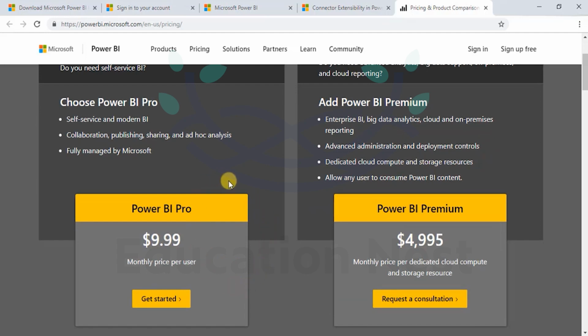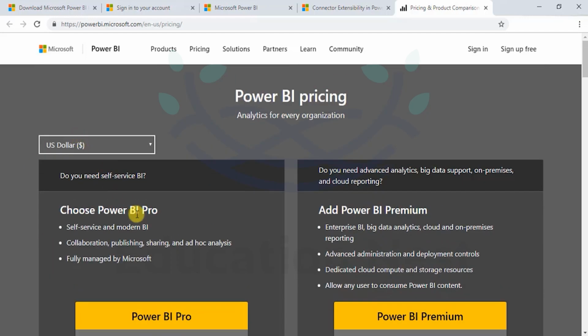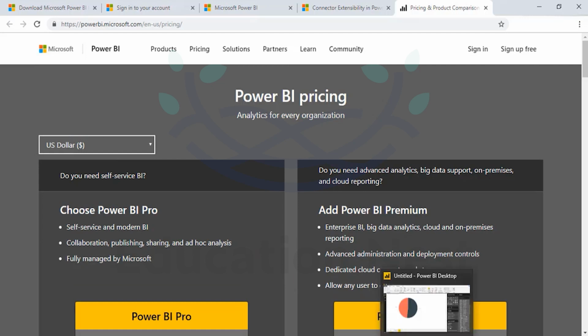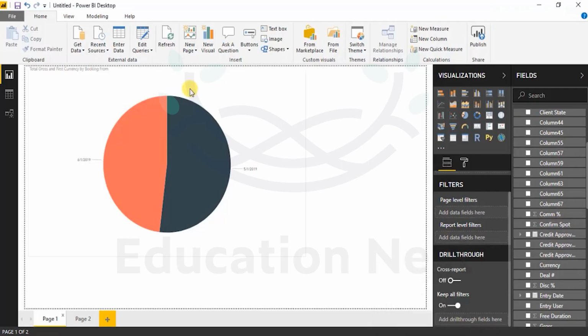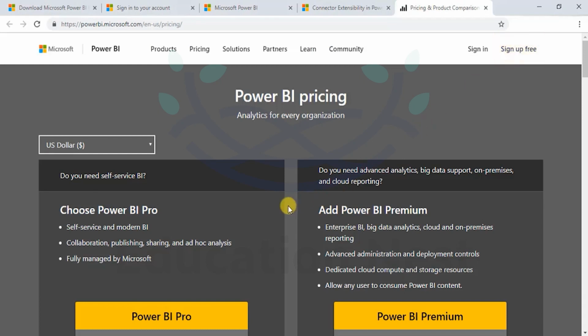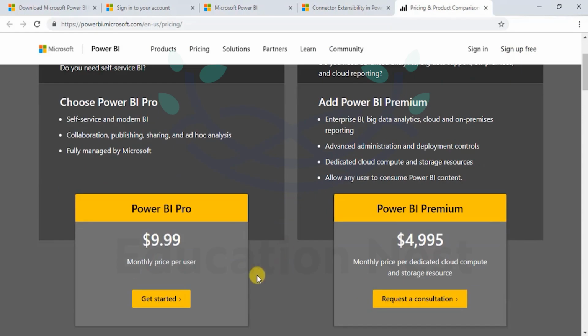If you're starting fresh, new learning, please opt for Power BI Pro, which would help you quickly learn, understand, develop, and distribute your reports. And if you don't have to purchase this, you can always design your report using Power BI Desktop and share the PBIX files with the relevant stakeholders, and they would open it like another tool like Excel in Power BI and view the content. So there are ways to work around the system, but the best way is to purchase a Power BI Pro license. Coming back,